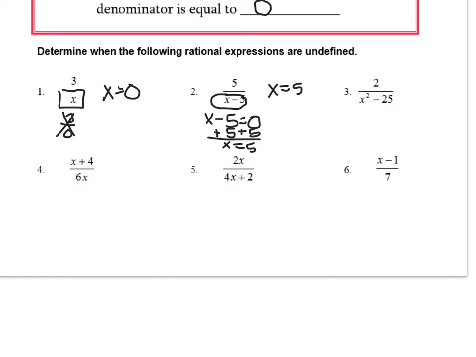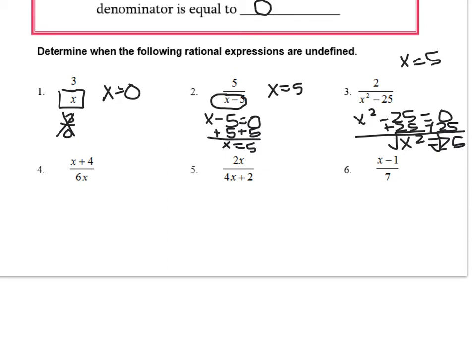Now you've got to be careful with the x squared. We've talked about this before. If we were to take x squared minus 25, the bottom of this fraction, and set it equal to 0, and solve for x, to get the x by itself, we would add 25 to both sides. That would give us x squared equals positive 25. And we talked about how the opposite of squaring is square rooting. When you take the square root of both sides, you get x equals 5,